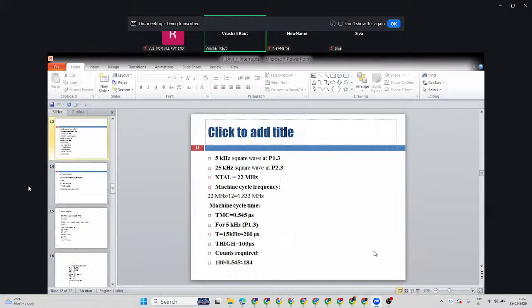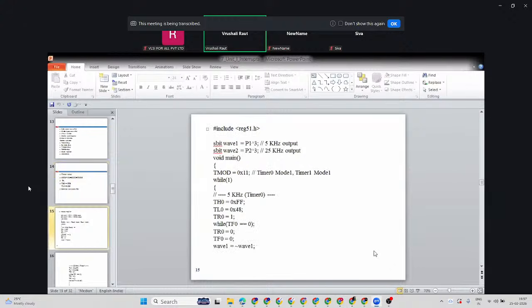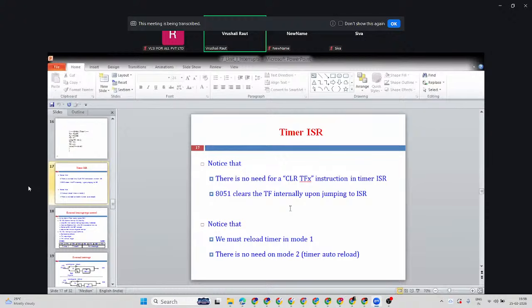Okay, so I'll not go for the calculation. We have seen it last time, and what to feed there, how to get the delay, how to generate the square wave. But I would just like to tell you what we are using. TF1 flag, this flag we are using. We are checking for this flag. When this flag is 0, when it is turning to 1, at that time wave 2 becomes the inverse of wave 2. We are changing the position 1 to 0, 0 to 1. That is happening. Okay, so think about these interrupts. I will not go much into that program. Okay, now